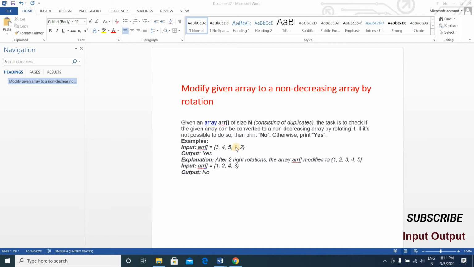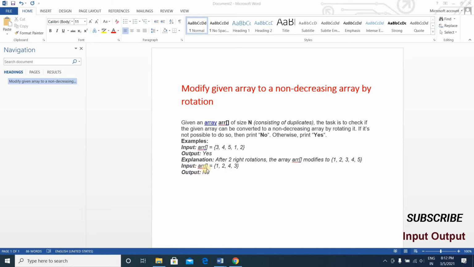If we rotate 1 to the first, it will be 1, 2, 3, 4, 5 and our output will be yes, because we can convert it to a non-decreasing array by rotating it. You can see the explanation here: after 2 right rotations, the array ARR modifies to 1, 2, 3, 4, 5.